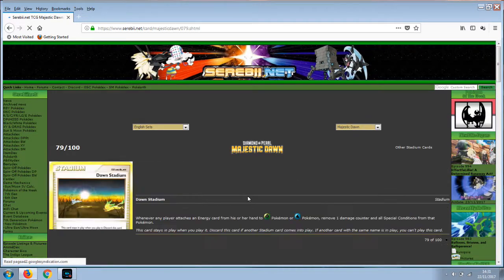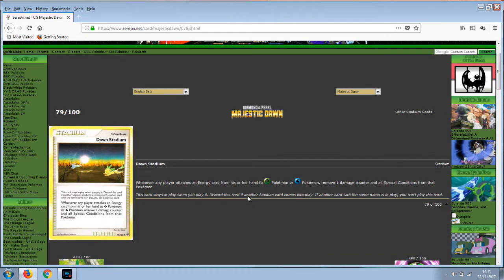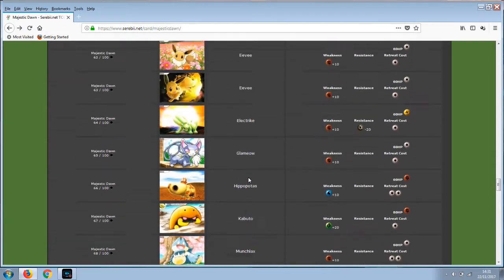We got Dawn Stadium. Whenever a player attaches energy from their hand to a Grass or Water Pokemon, remove a damage counter from all Pokemon with special conditions. So yeah, this was a cool little stadium. Beautiful card, too. But yeah, I guess one of the things we need to talk about here is the starter